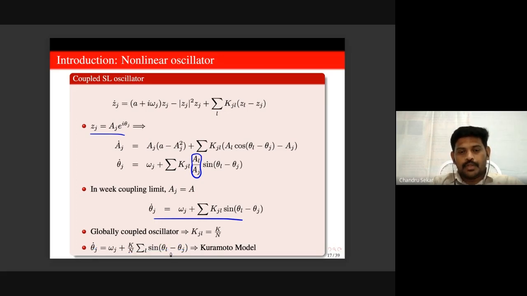Okay. So Kuramoto in 1979 solved this equation analytically and found the analytical solution for the synchronized state and so on. So we call this phase model, phase equation, the Kuramoto model. This type of globally coupled systems